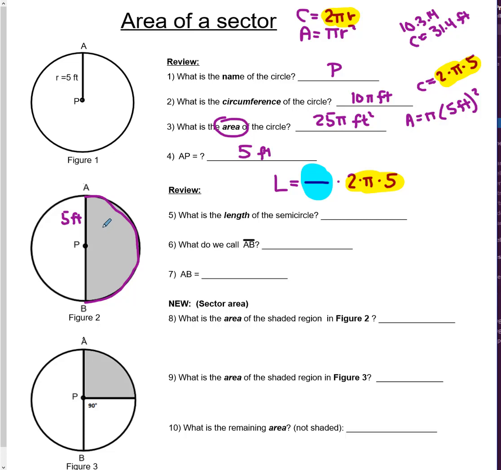So if you look over here, what is this shaded region? How much of a circle is this? Oh, it's half a circle. Now that's not the way you were taught with the formula, but that's the result of the formula simplifying. If you can look at the circle and realize, oh, that's a half circle, so it's half, that's all you really need. Now the longer way to do it is what you were taught, which is theta over 360